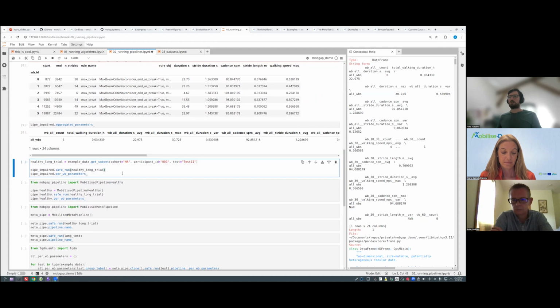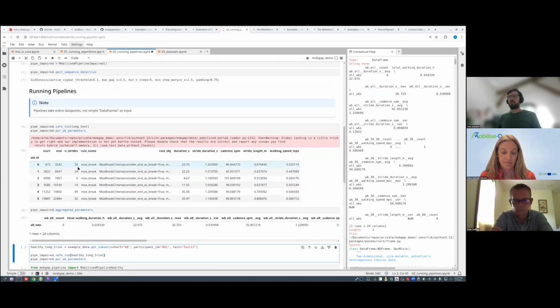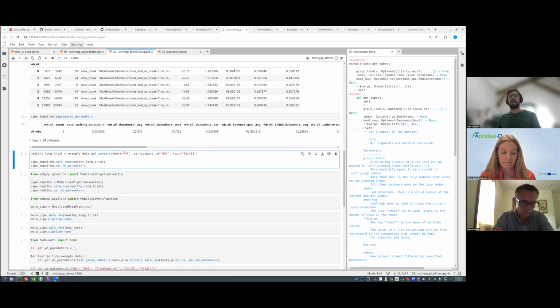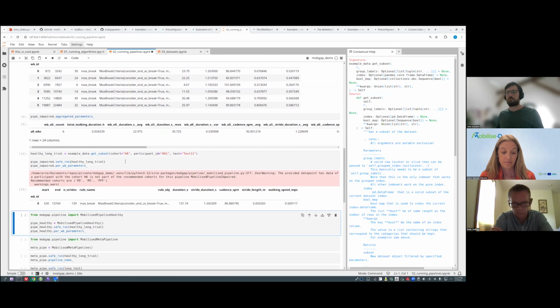So one thing that might be interesting: we just threw an NS participant into the Mobilise pipeline impaired. What would happen if you throw a healthy adult into the Mobilise pipeline impaired? Actually, it works, but we get a little warning that tells us, okay, this pipeline was not originally designed or validated to be used with healthy adult participants. This would also happen if your data doesn't have a cohort assigned to it. So this is just a little reminder that